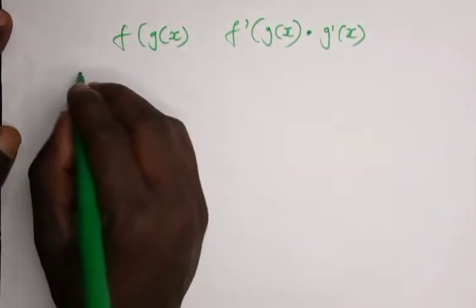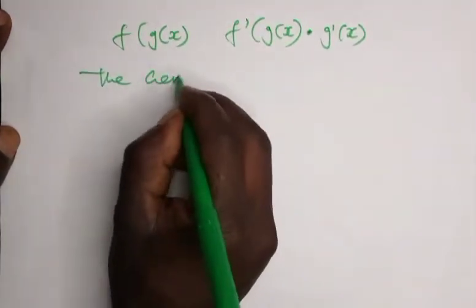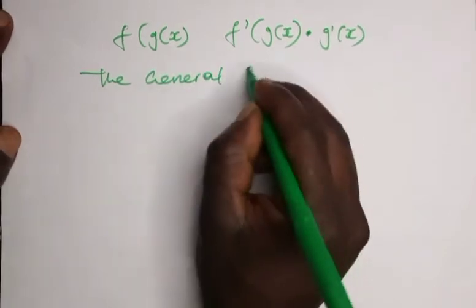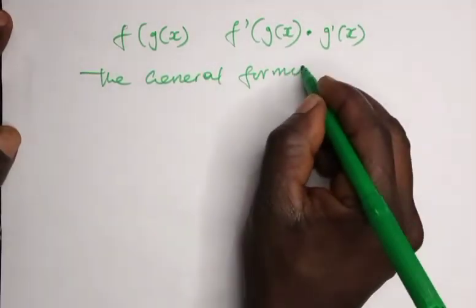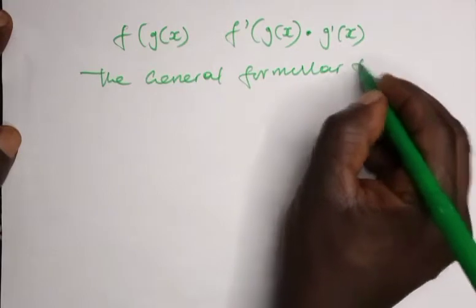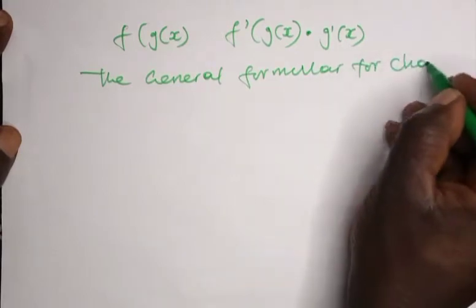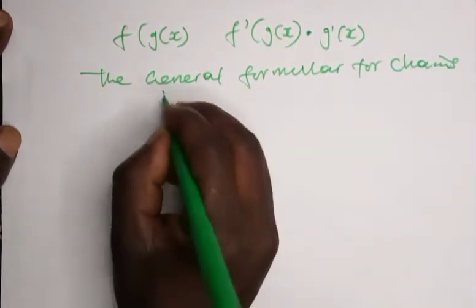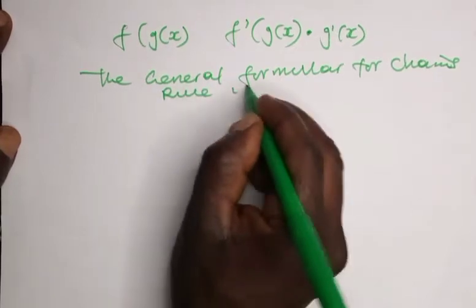So now the general formula for the chain rule is